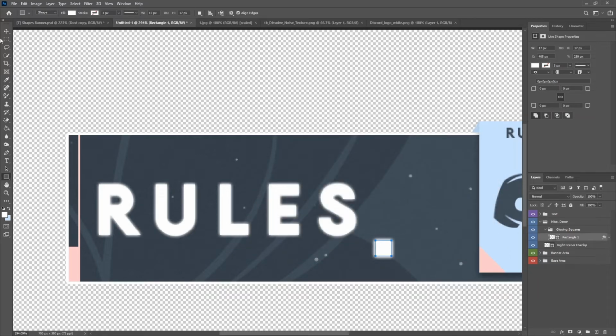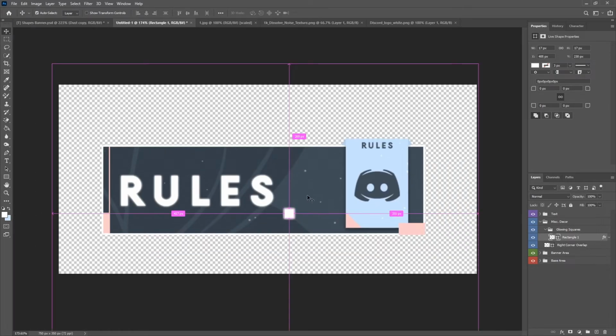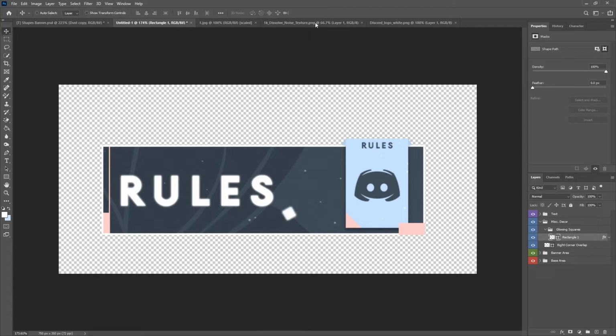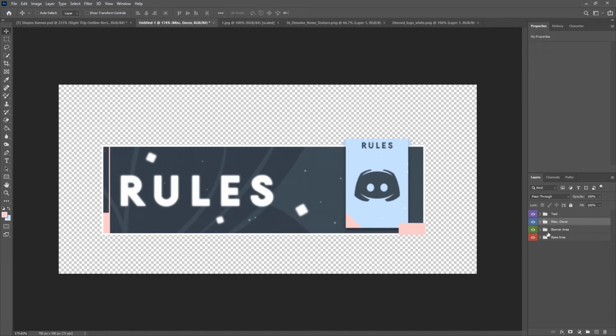Now, it doesn't really matter if you name these or not, because they're already in their own little folder. And I'm just going to scatter these across randomly. So I'll put one there, a bit smaller though. So one like that. Then Control J, Control T. Let's put one over there, and then Control J, Control T, and then one all the way by its lonesome down there. Next, we can go ahead and collapse the miscellaneous decor because we are done with that. There's only a couple of steps left with the base area, and this